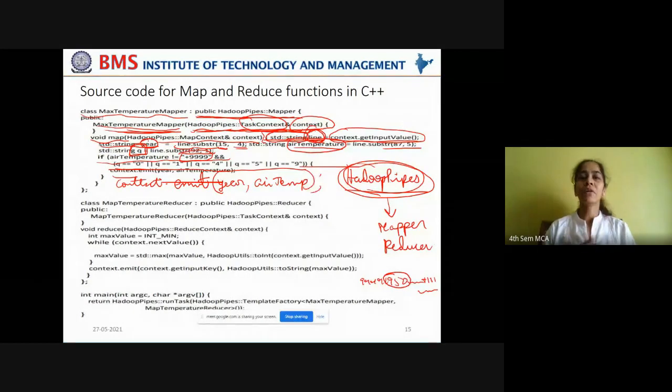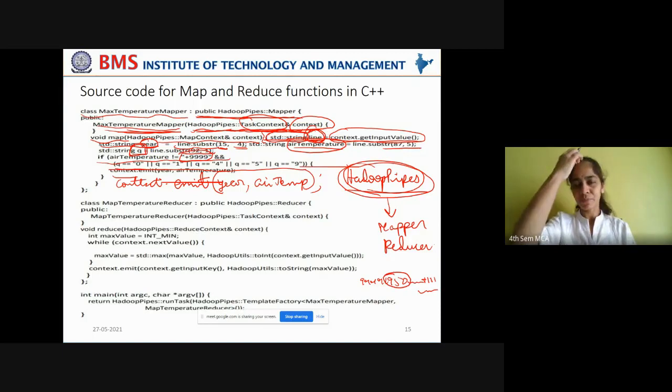This is the key value pair that is emitted by using the context object from the map phase that will be taken to the reduce phase. It is like context is a box. You are putting your output into the context box and the reduce phase will fetch the input from that context box. Right?